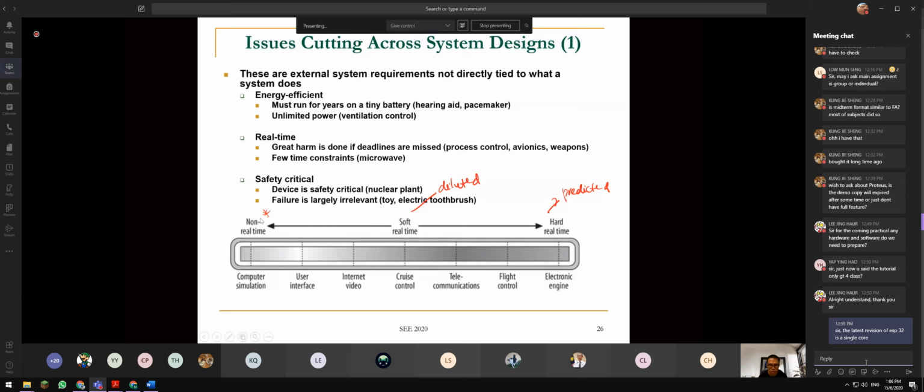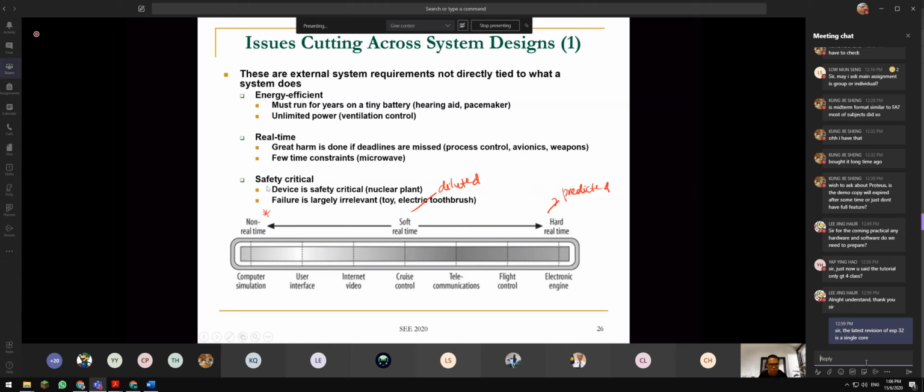Non-real time, you don't care. Let's say you run a deep learning simulation. It takes 2-3 days, you still wait and wait and wait. It doesn't matter. So here are the 3 things you need to consider. These 3 things will determine whether you should use a real-time operating system, a hard real-time operating system or a soft real-time operating system. And remember, Windows 10 and all these things are just ordinary operating systems.